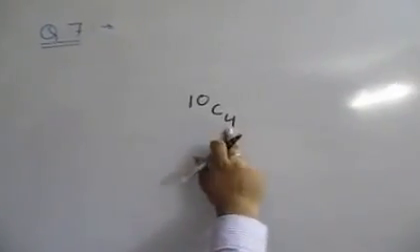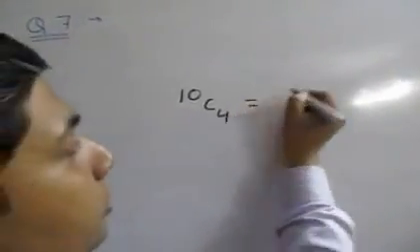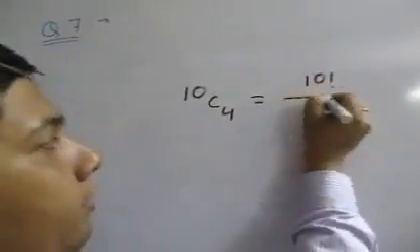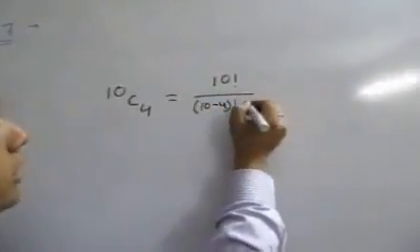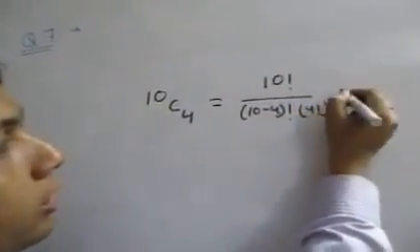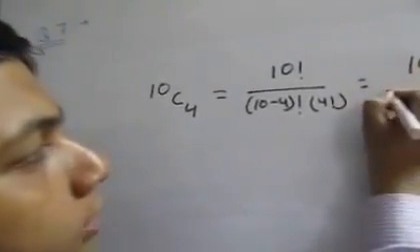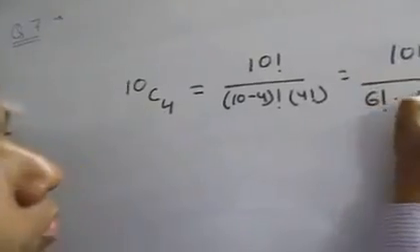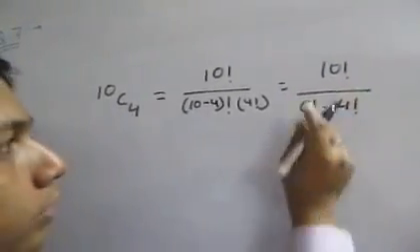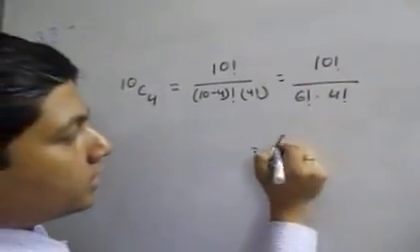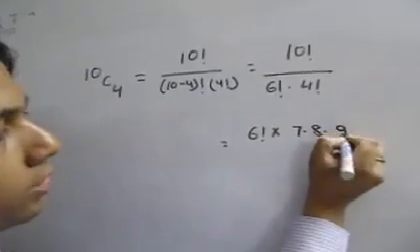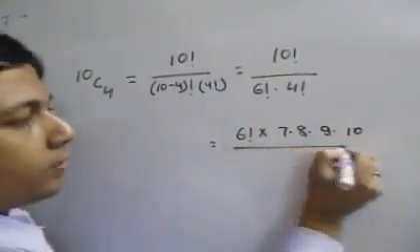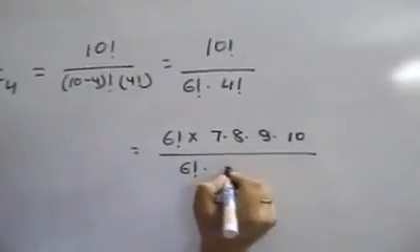That is equal to 10 factorial divided by (10 minus 4) factorial into 4 factorial, or 10 factorial divided by 6 factorial into 4 factorial, or we can write it as 6 factorial into 7 into 8 into 9 into 10 divided by 6 factorial into 4 factorial